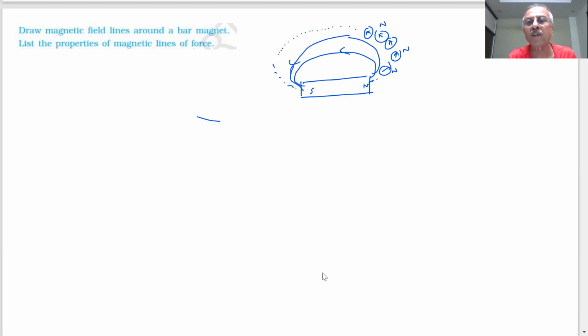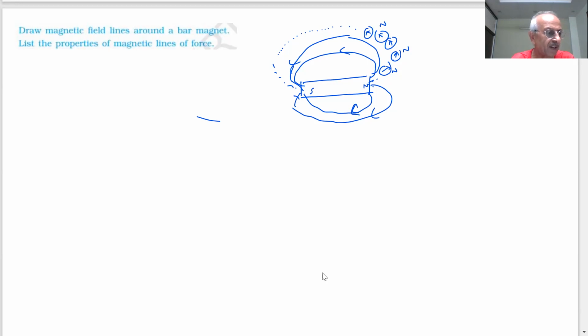And in this case, what you will observe? What you are getting are concentric patterns around the bar magnet. Either you can take a cardboard, put the magnet and sprinkle the iron filings. Again, you will see a definite arrangement of that. These patterns can be drawn.